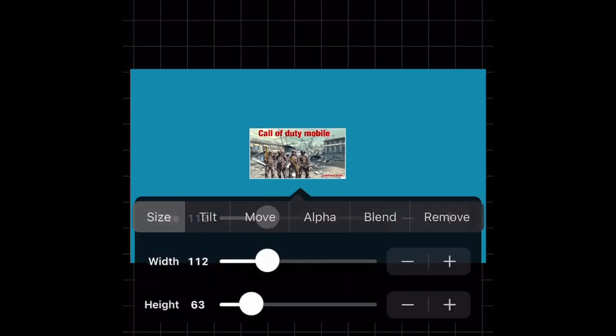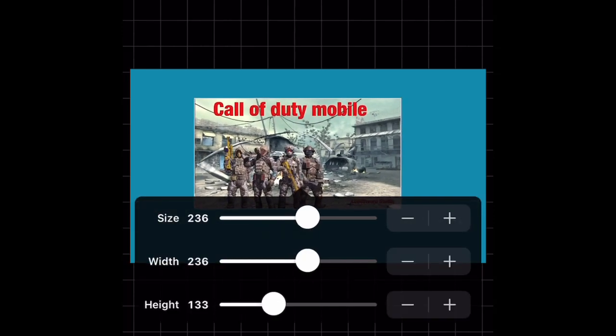Okay guys, so once you click on the picture that you want to use, it's going to appear right at your top left in your template. So you're going to want to drag it to the center. We're going to hit size, and